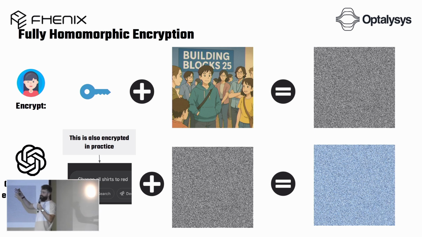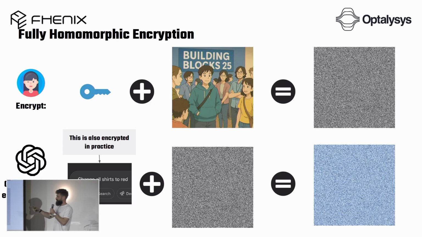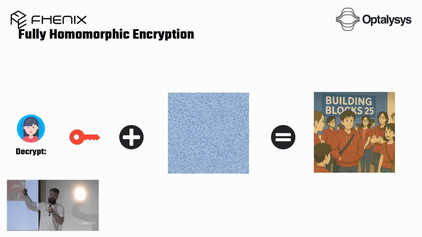What FHE enables you to do is take your private data, this private blob here, and send it to ChatGPT encrypted. I also send the prompt encrypted, so I say, change all the shirts to red, and that's encrypted as well. Then ChatGPT knows to do the manipulation and give me a different ciphertext. By looking at this, I don't know what it is. I don't see the underlying data, and I don't see the prompt. I don't know anything. I just know that this is different from this. Then when I eventually decrypt using the same key or another one, I receive the actual changed data.